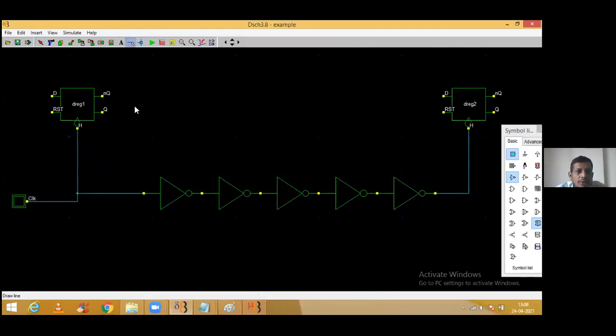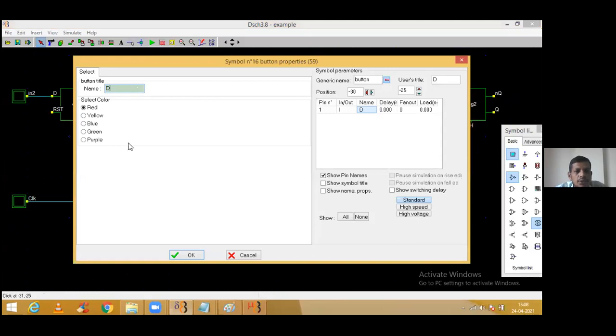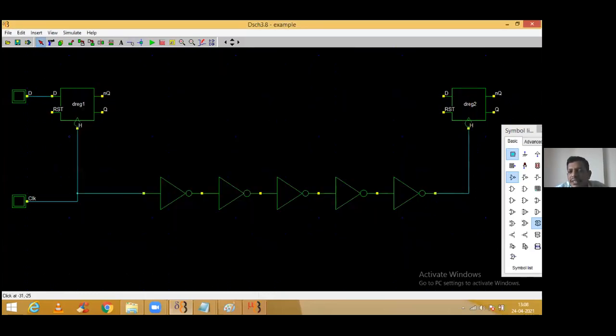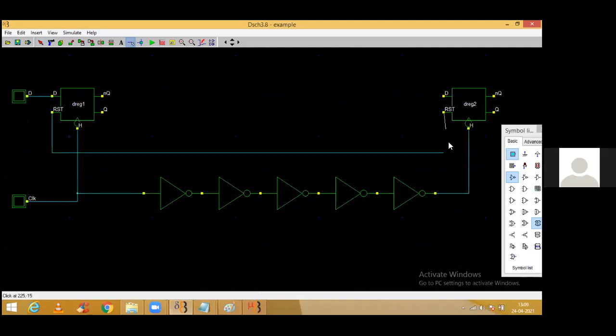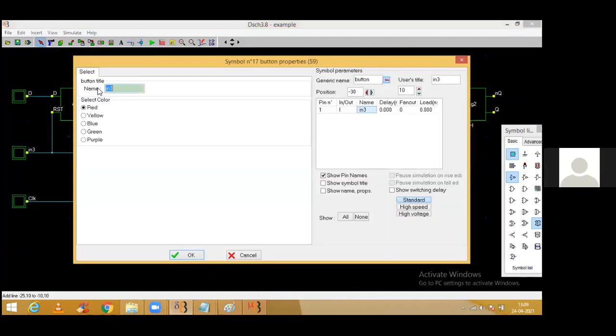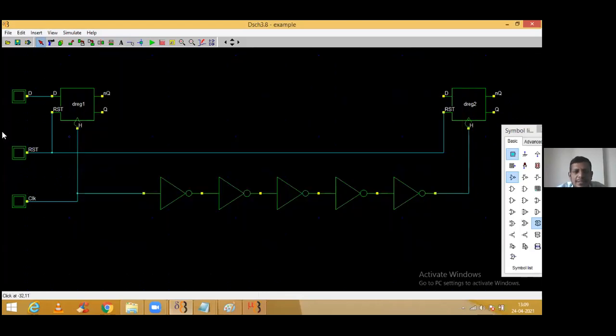Now I'm attaching a D. D is nothing but the input. I can call it D over here. What about reset, guys? What to do about reset? VCC, positive supply. Rather than that, can't we use a button as the reset circuitry? We will make it 1 and again make it 0. So I'm making it 1 and 0. I will call that reset. It's a very simple one. Reset common, clock common, only the hurdles we are going to do.